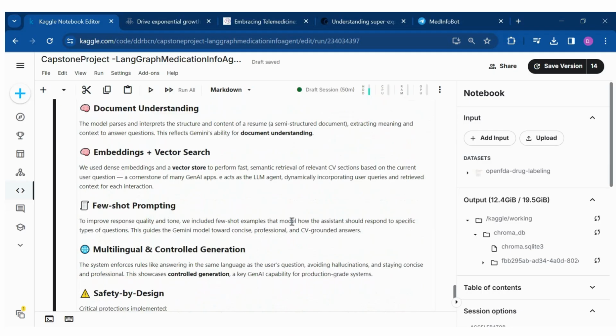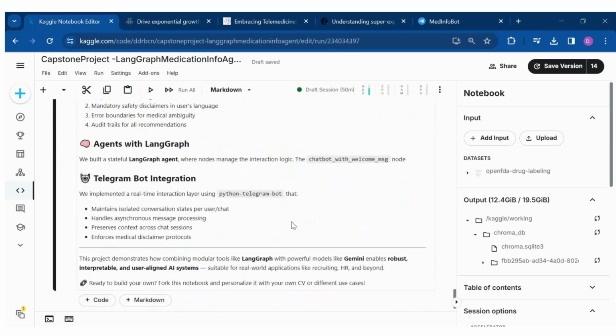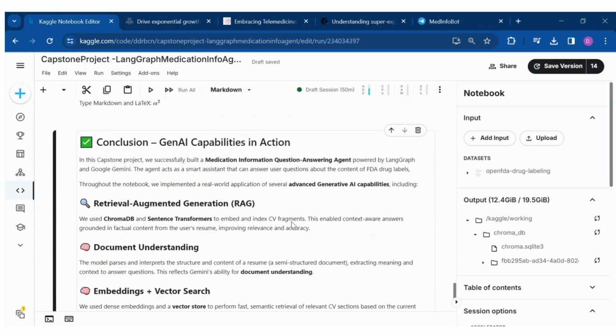To recap, this project brings together embeddings plus ChromaDB for semantic retrieval, prompt engineering plus few-shot learning for safety and consistency, Gemini for natural language generation grounded in context, LangGraph for multi-turn conversation flow, and Telegram for